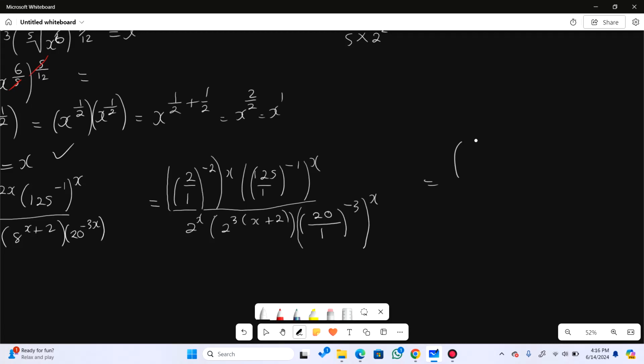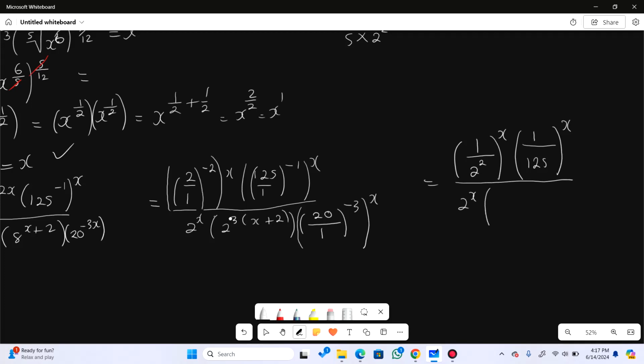So 1 squared is 1, and then 2 squared will be 4. This is going to leave it as 2 squared, and then times x. Right here again, we are swapping these two, so I'll have 1 over 125, and then raise to the power x. Then again here I have 2x